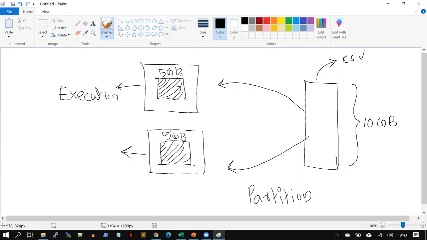What is an executor? An executor is nothing but a JVM in simple terms. It is an environment where you can load the data and process your data. So each executor will be coming with certain RAM and processing power. Let's say this executor has 8 GB RAM